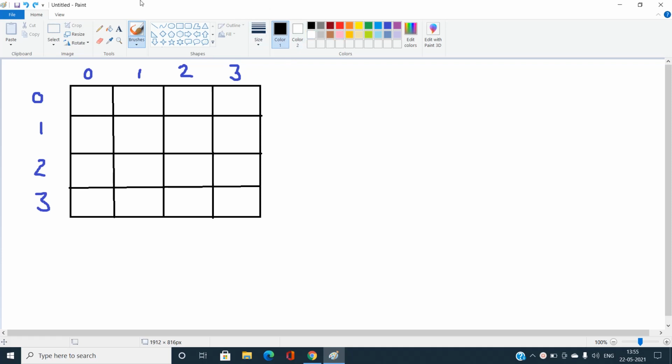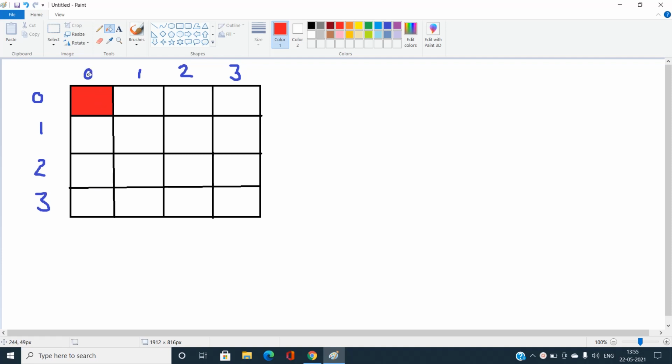To be very frank, we have to go from the very base case. And what is that base case? Try to put the queen at the zeroth column. Note that you have to focus on what I'm saying.